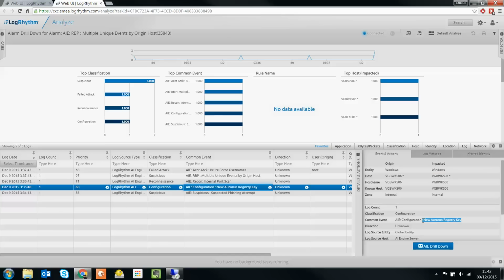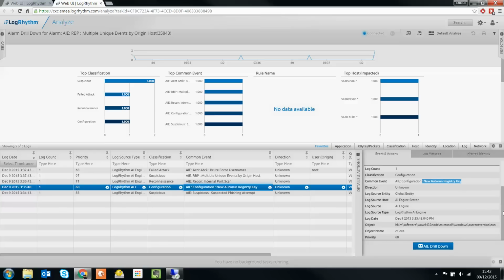We understand that this is a registry key change. We know what it means based on the event ID and where it came from. We've got over 250,000 processing rules that really understand in depth many different systems. If I scroll down, I can actually get to the details and see, in particular, this specific registry key was changed, this particular value was placed inside of it, and we rated that 68% risky based on the content of